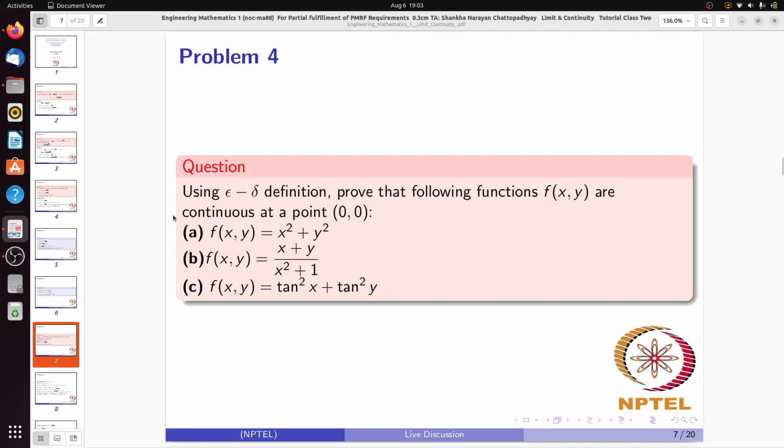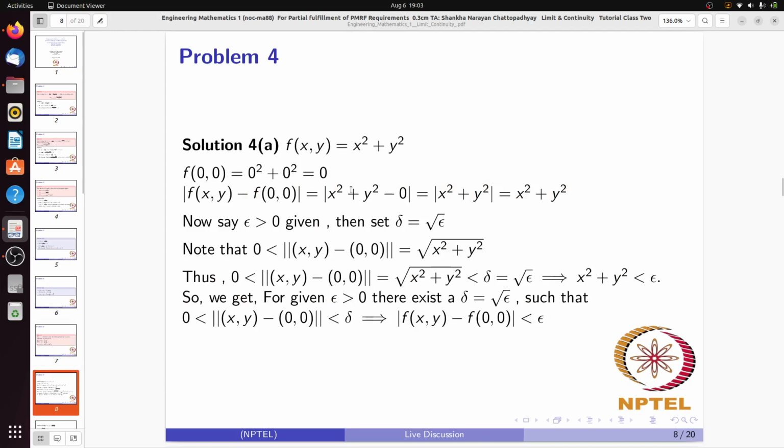And C is the bit tough one. Here we have to use a lot more algebraic manipulation. I have discussed it all. Here we have just the basic epsilon delta definition: for a given epsilon greater than 0, we have to determine one delta. That delta solely depends upon epsilon, such that whenever this norm is less than delta, this will imply modulus of f(x,y) minus f(0,0) is less than epsilon. And this norm means actually